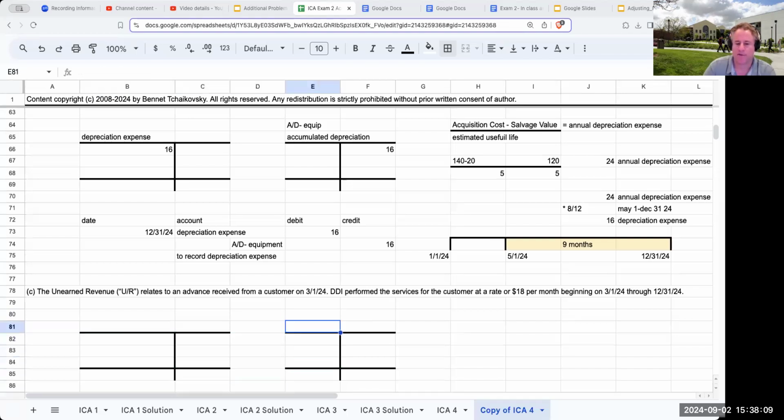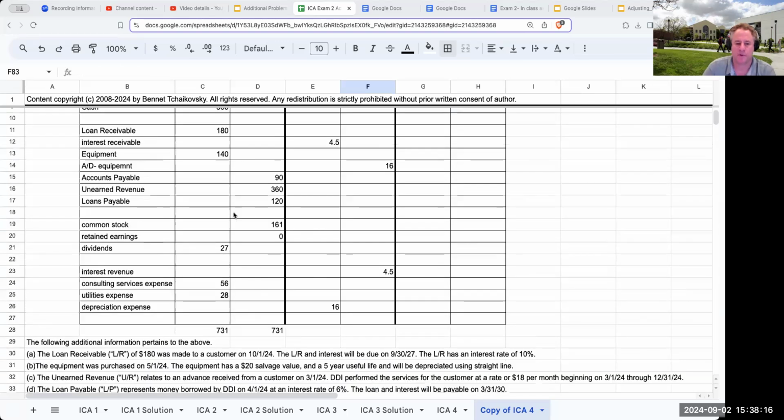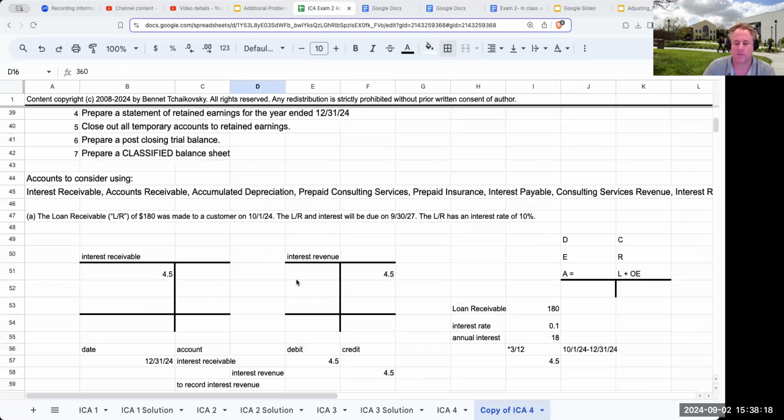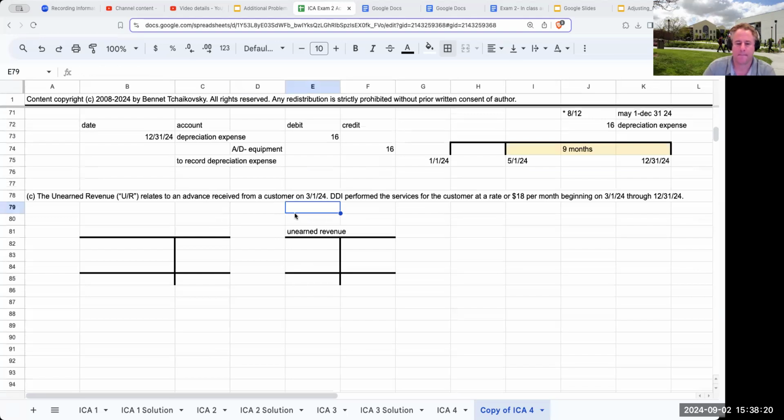So let's take a look at this here. Unearned revenue. My unearned revenue had a balance right over here of 360. Okay, so it had the 360 credit. Now, when I look at this as pre-adjustment,